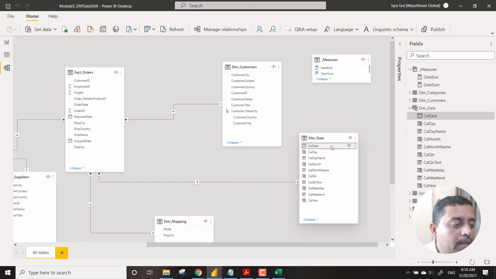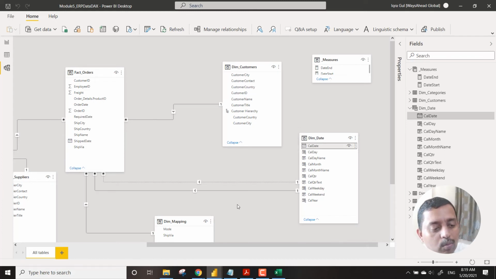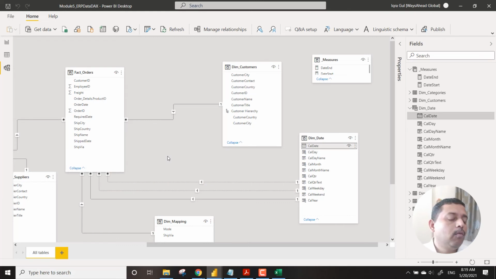We have a choice. We can also go and say cal date should also sometimes connect to required date, and you will see that automatically it creates an inactive relationship in a layer. And the same thing you can do for the ship date also. So you can see all of them are connecting to these dates over here. All of them are connecting to the same date, but two of them are inactive. Now I'll give you a reason why we do this.